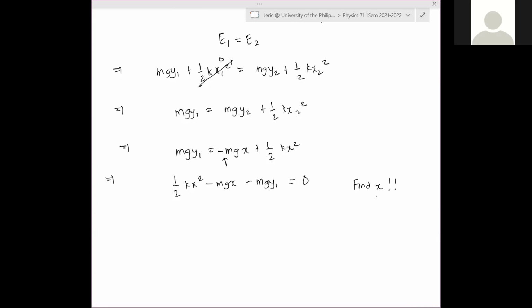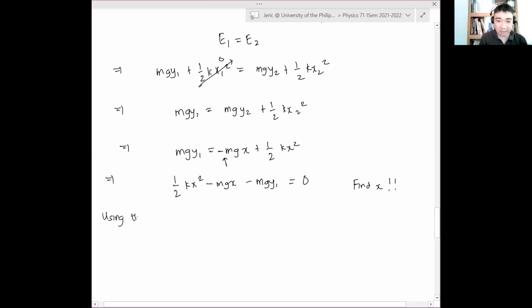Na sinasabi ko at the start of the class, at the start of the semester, wherein this looks like a quadratic equation. It always comes out in energy-related problems. Ito na yun. Okay? And we know the solution for a quadratic equation. We just know that it is the quadratic formula, and hence, using the quadratic formula, we see that